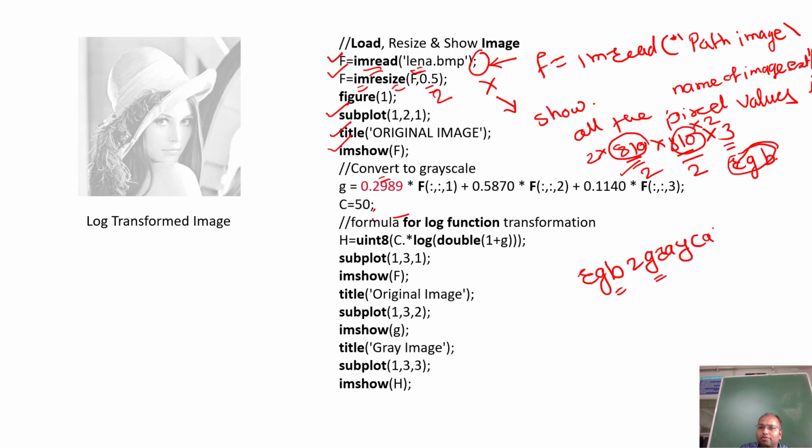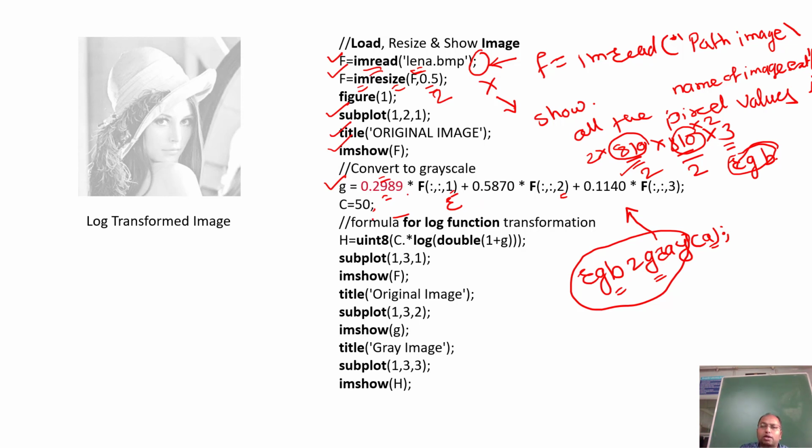Over here we are going to use a formula. This function is implemented in this format: it takes the image and multiplies each color with gray level information. To the red color, we are going to multiply by 0.2989.